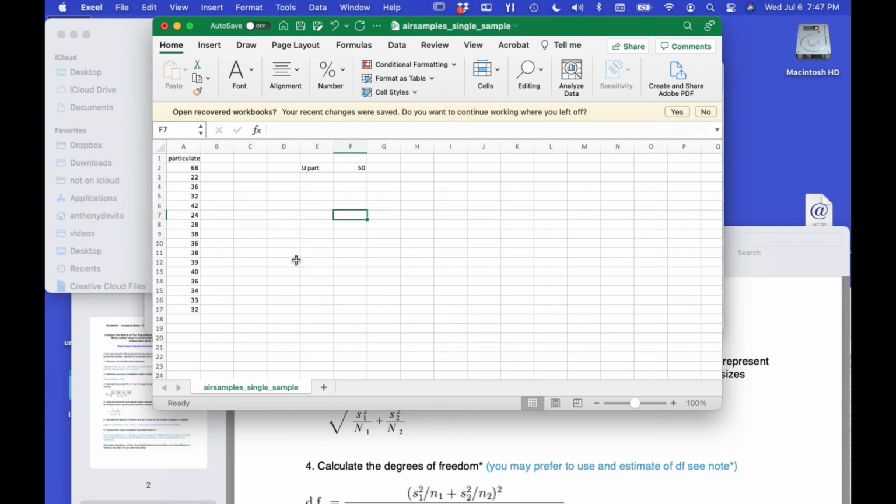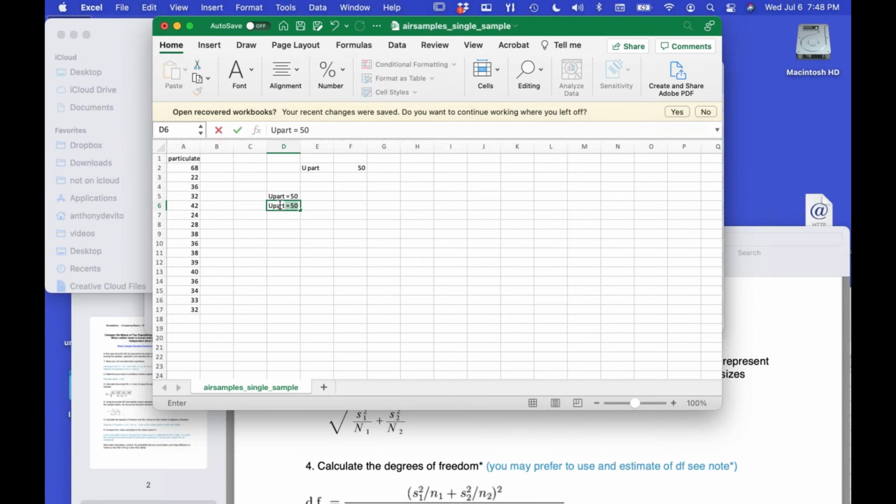So we're going to set up a null and alternative hypothesis, and I'm going to set this up for you. So our null hypothesis is that the mean x bar, mean particulates, is equal to 50, and our alternative hypothesis is the mean particulates is not equal to 50. Okay, so how are we going to do that? We want to show with 5% chance of being wrong, 95% certainty, that the mean, whatever x bar here is,